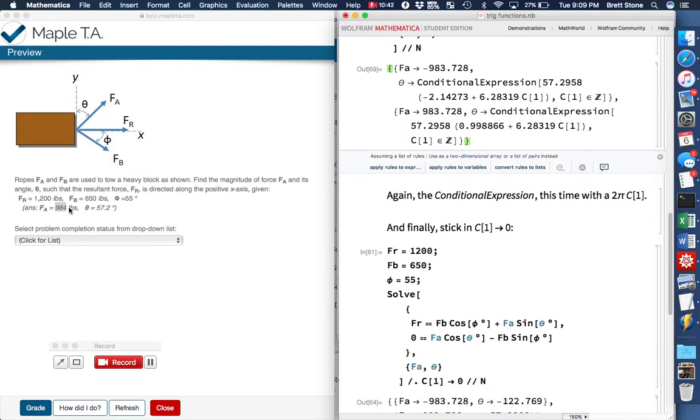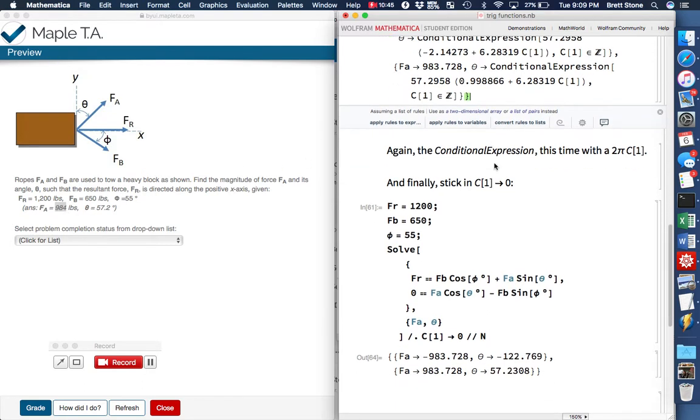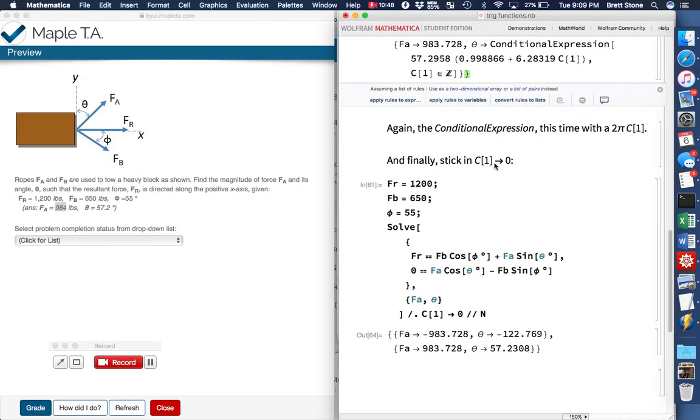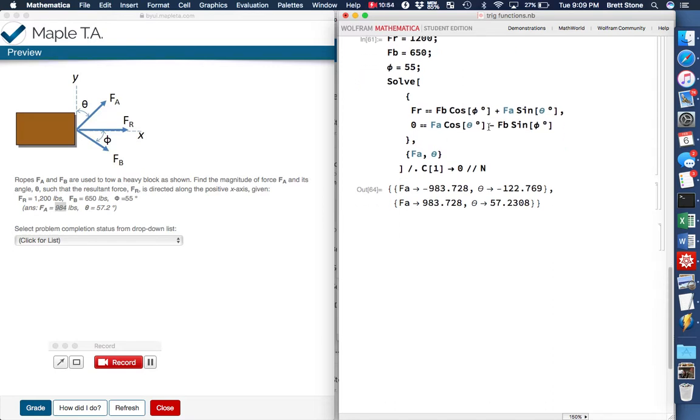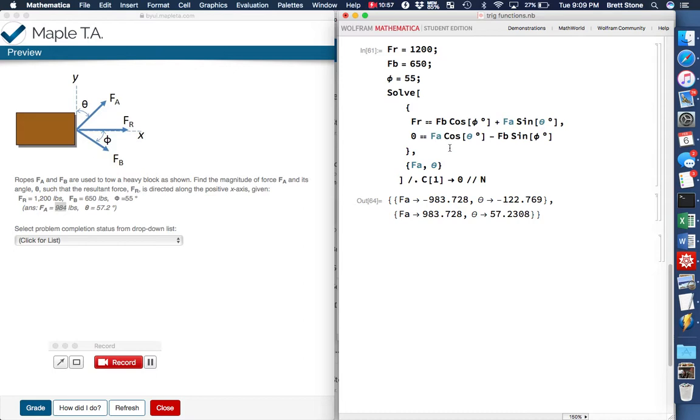So we know we've got the FA correct, and that's good, but we really want to get it to simplify and be nice to us, so we're going to use that rule expression that Brother Johnson taught us about, and we'll re-enter everything. Down here at the end of our Solve function, instead of just doing /N, first we'll put /. C[1], and then remember how we enter this symbol is dash, and then greater than symbol, and then we go to the end of the line and hit Shift Enter, and voila, we get